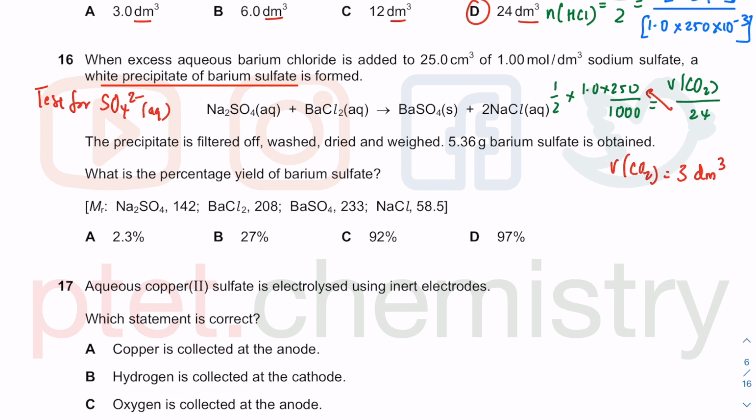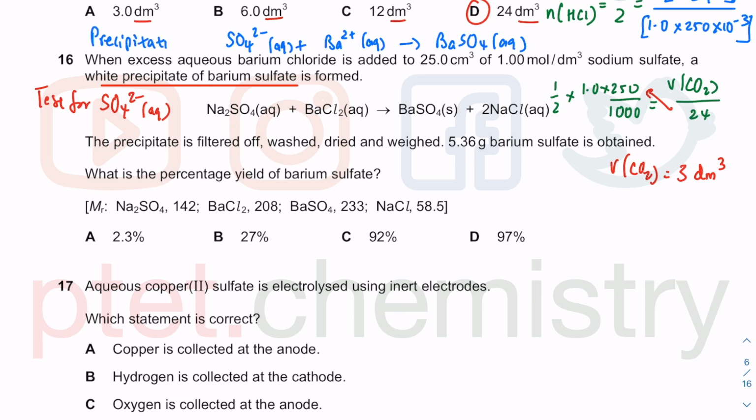Of course, these are full equations. One of the very famous questions will be write ionic equation. So there will be SO4 2- aqueous plus Ba2+ aqueous, giving you this precipitate of BaSO4 aqueous, which came from one of these and one of that. This is a classic